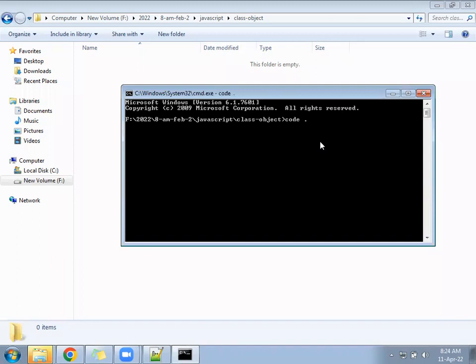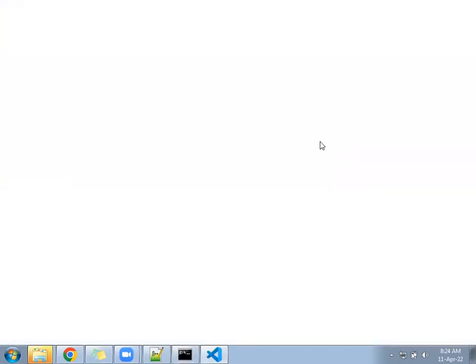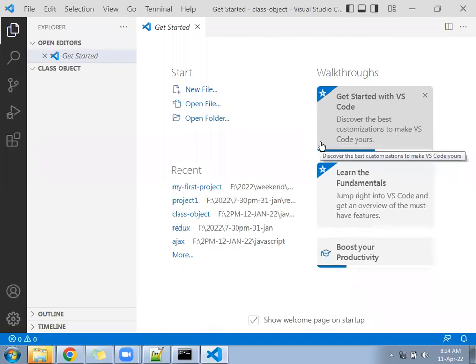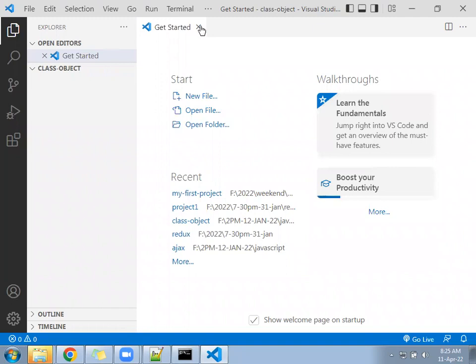Type code space dot. Open the CMD, open VS Code. Now,